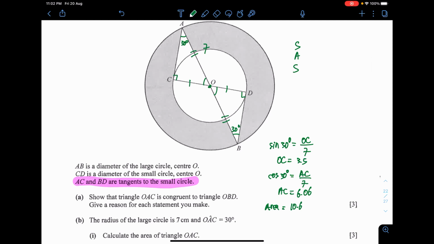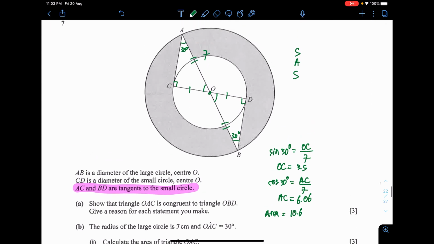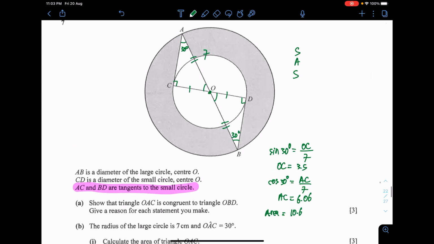Okay, next. Calculate the shaded area. Oh, okay. Well, I was actually thinking that it's actually just the ring, but of course it's not. Okay, so let me clean up a little bit here so we can see more. Both of them are symmetrical, by the way. So to find out the shaded area, I'll just find the ring, and then minus this part here. I need to find out that part first to make it easy.